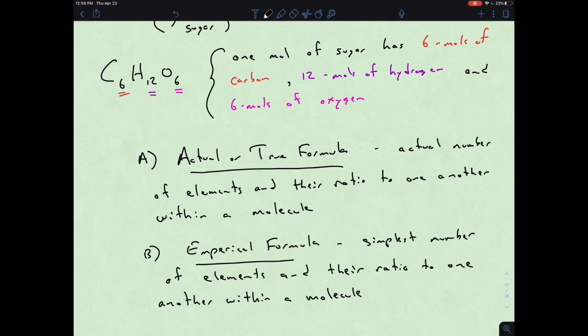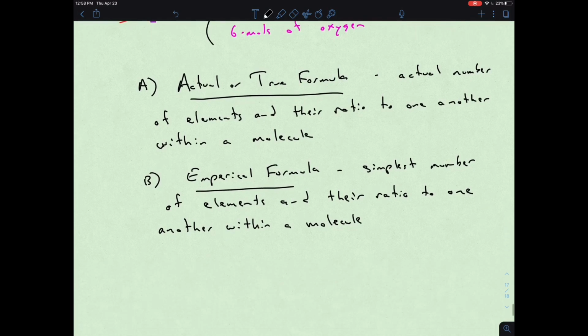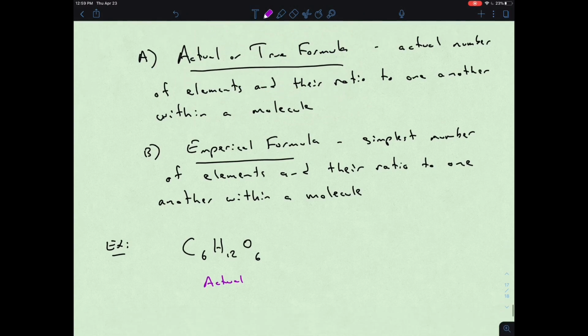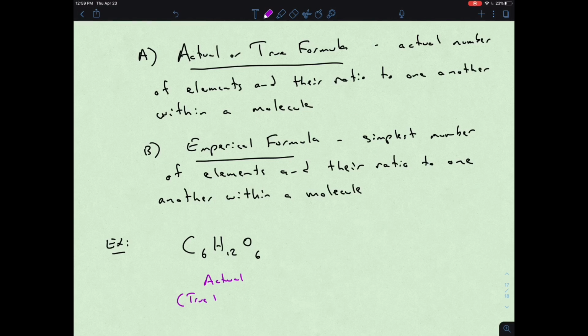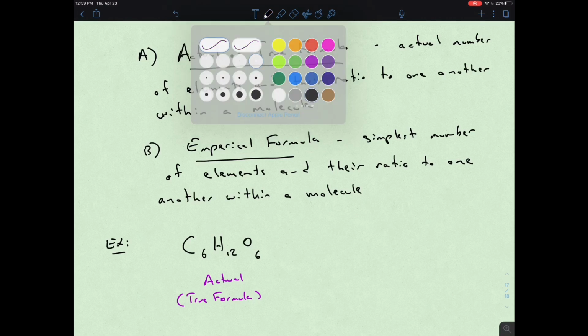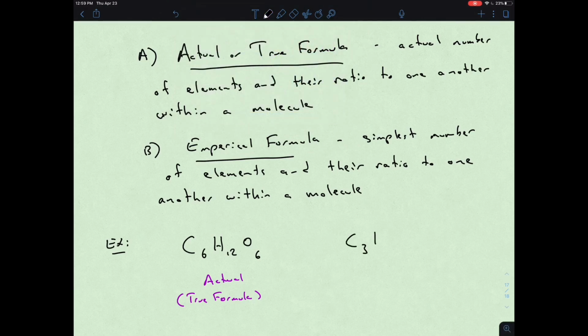So we have the simplest representation, which is the empirical formula. We have then the actual representation, which is the actual or true formula. And as examples of that, we could have, going back to our sugar example, C6 as our actual or true formula,